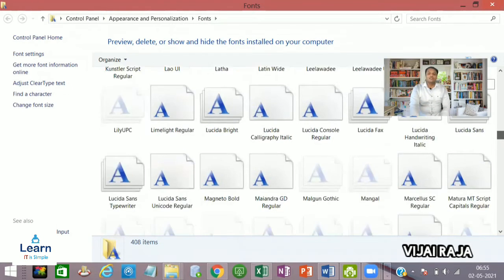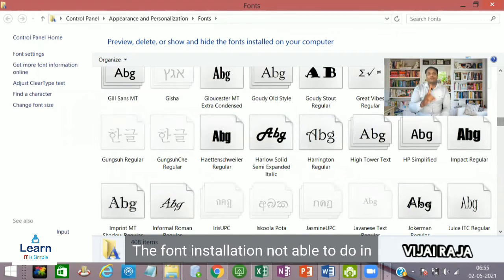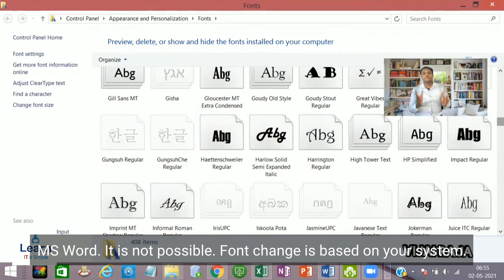It's a very basic thing. Don't forget the font installation will not be done in MS Word. That is not possible; it is based on your system.